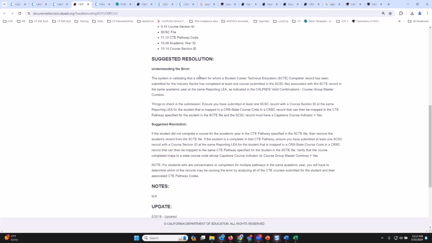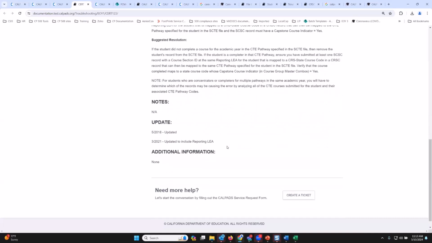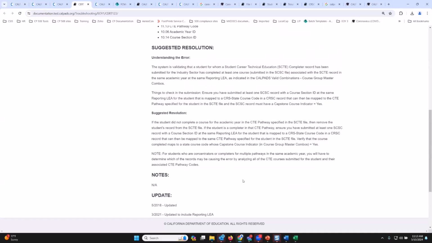So there is an explanation of the error, and of course the suggested resolution. And does it say what documentation to use? Nope, it doesn't say that. Oh, there you go. It says here the same academic year.